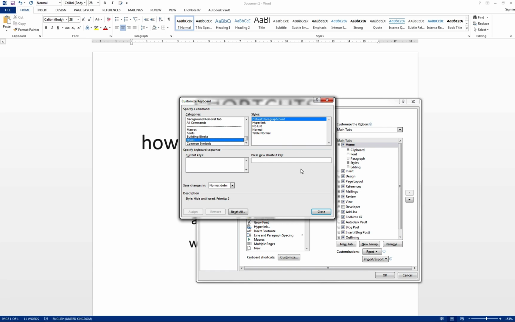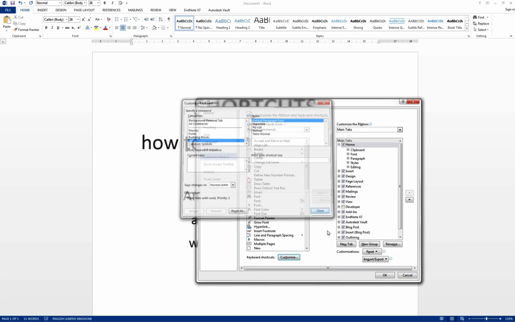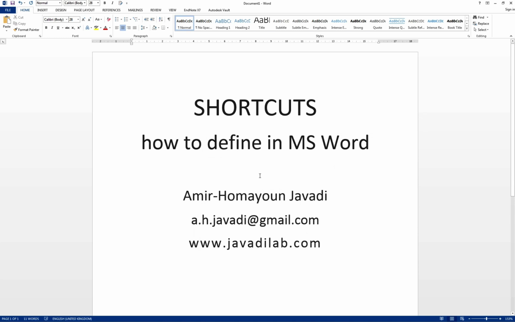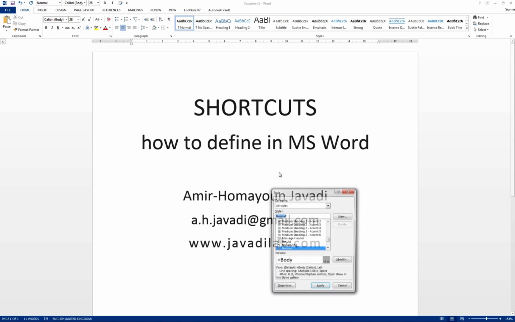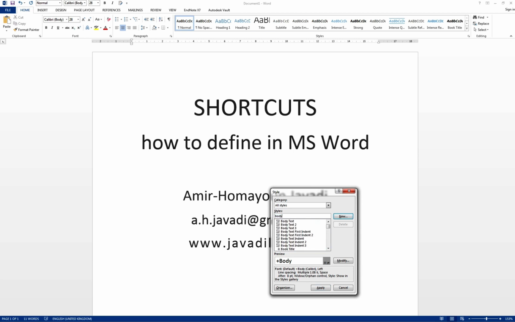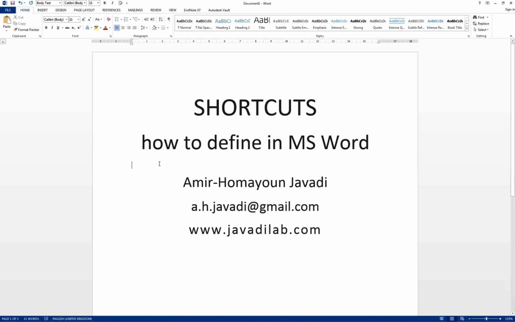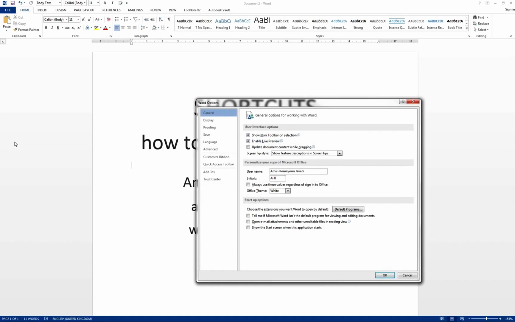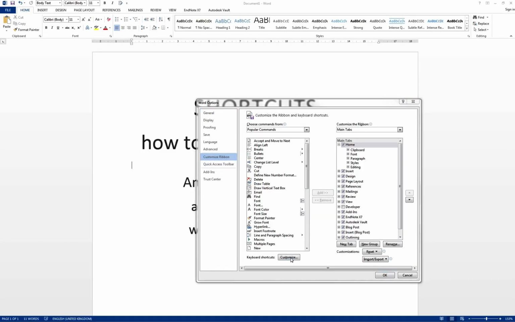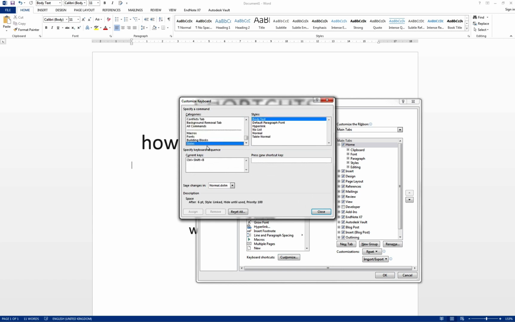So let me go and change one of the lines to body text. For example, this line that I have there, I press Ctrl+Shift+S. I see the menu and then I type body text and then I select it and I click on apply. Okay, now this is body text. As you can see, it is listed there. I go again to File, Options, Customize ribbon, Customize shortcuts. In here I type styles and now we see body text in there. Okay, as you can see, I have already